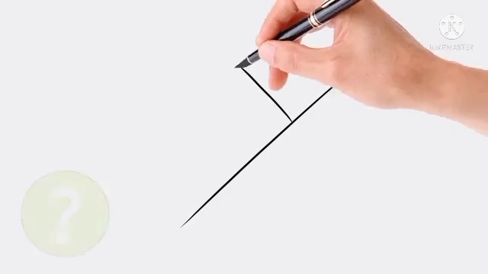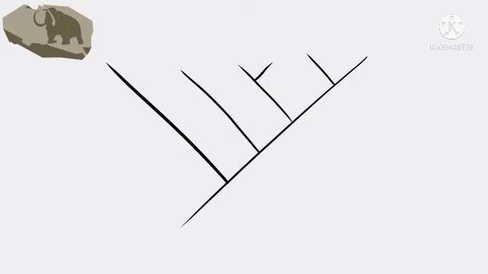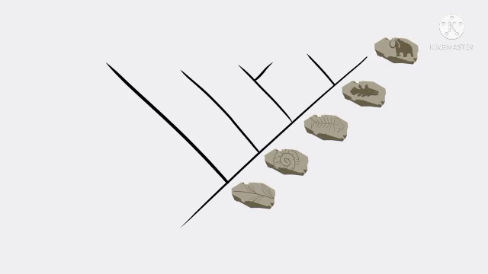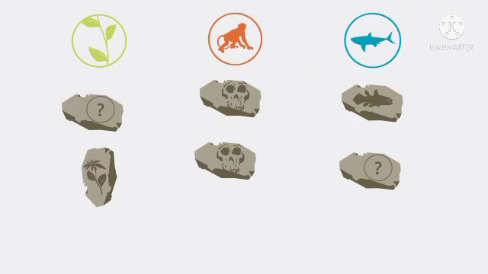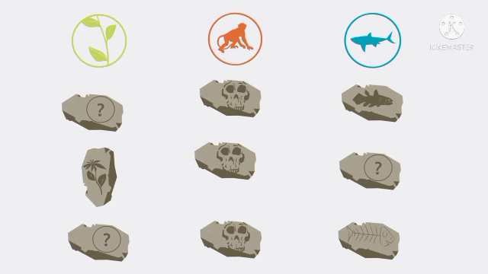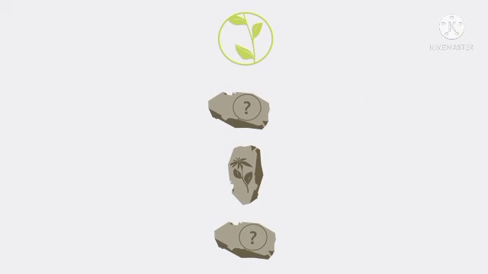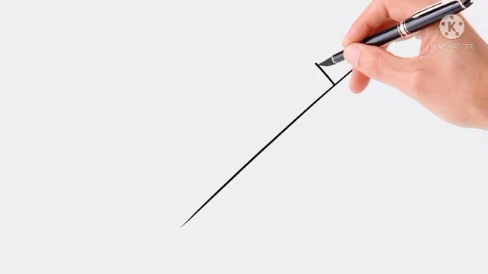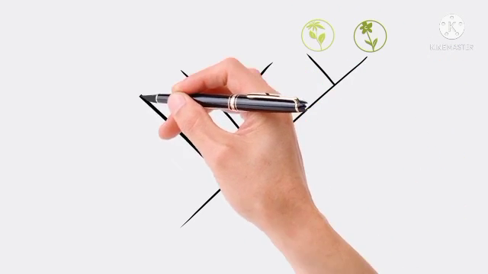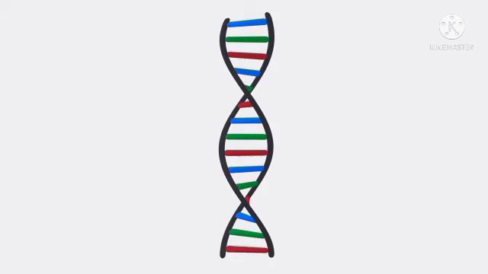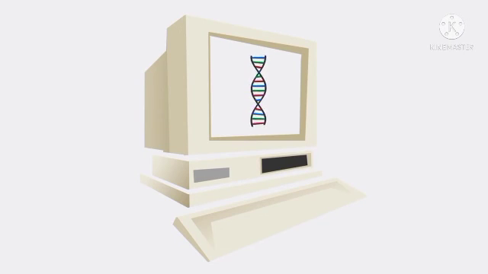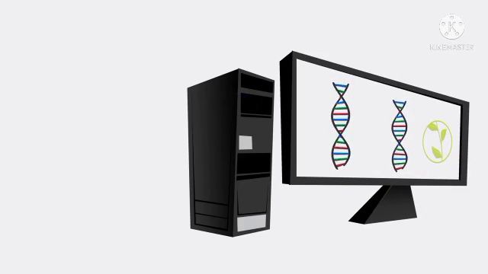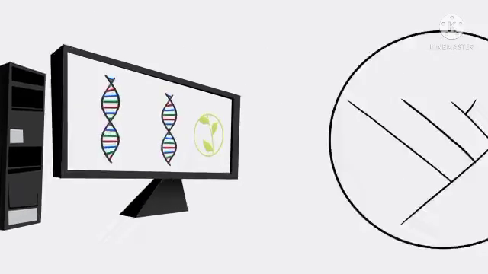So how do we reconstruct phylogenetic trees? The easiest solution would be to use direct traces from the past, in other words, fossils, in order to reconstruct phylogenetic history. Unfortunately, this is impossible for most living groups. With just a few exceptions, for most groups, especially plants, we know some fossils, but there are not enough fossils to reconstruct phylogenetic trees with precision. So initially, biologists started to use the morphology of living plants to trace back their phylogeny. Today, we rather tend to use DNA for this purpose, roughly since the 1990s. So it is thanks to DNA and to more and more powerful computers that it is possible now to evaluate among the thousands or billions of possible